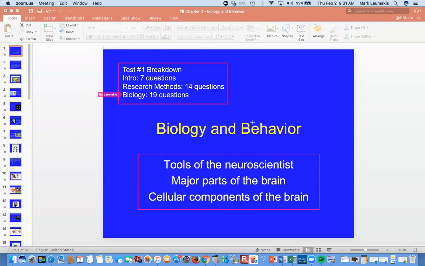So as we move into this biology and behavior section, what I'm going to give you again is a little advanced organizer outline of how we're going to approach this section. So we're going to begin with the tools of the neuroscientist. We're going to look at what biological psychologists or neuroscientists use to study the brain. We're going to begin with looking at the brains of dead people. Those are going to be called postmortem brain specimens, all the way through some pretty sophisticated brain imaging techniques. So that's the first 20 to 25 minutes or so this morning.